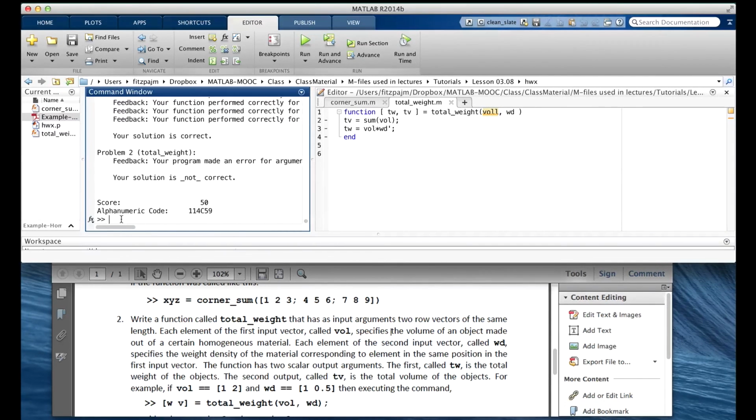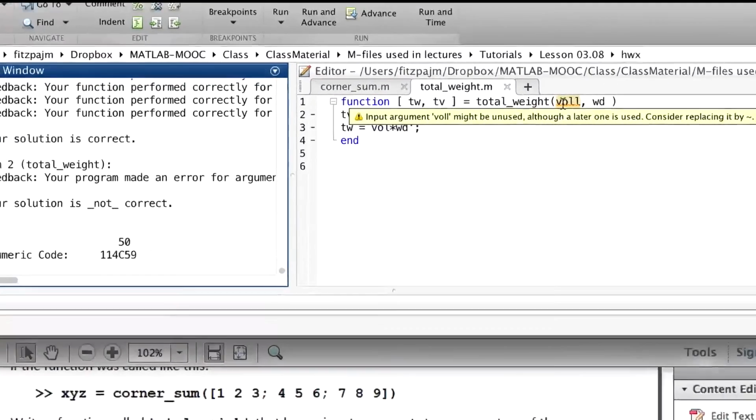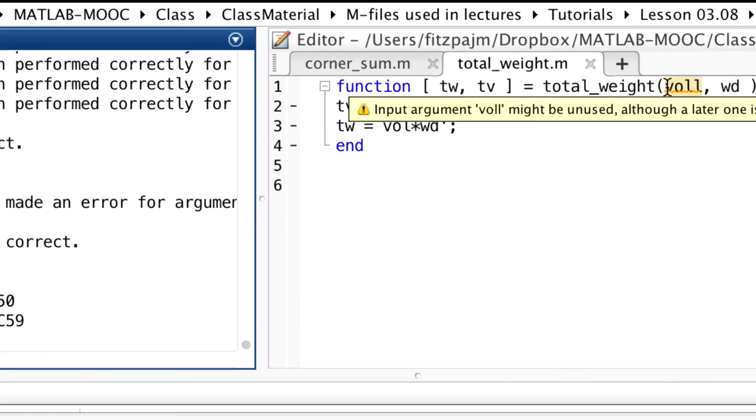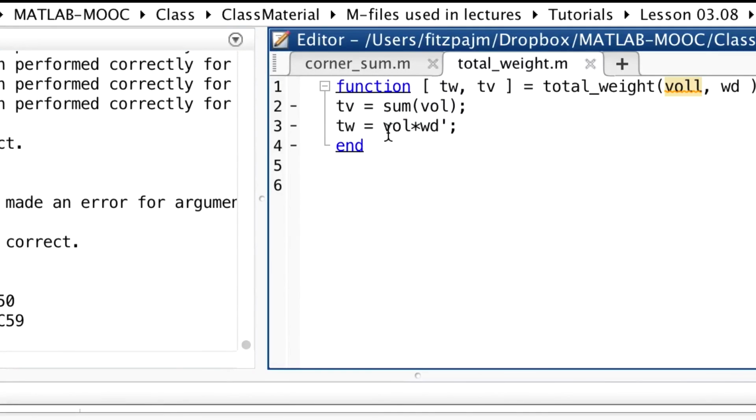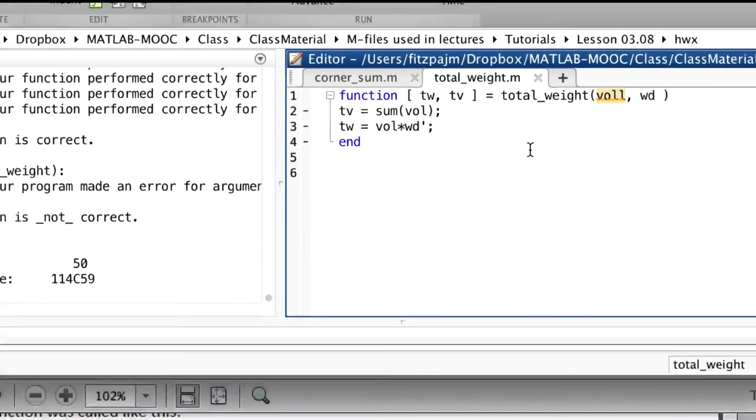It tells you what it was tried on, and you look at your code and you think, oh my gosh. MATLAB is giving you a hint right up here in the editor, which you might miss. This yellowish mustard color highlight with a little squiggle says input argument vol might be unused. Yeah, it's unused. It's VOLL, not used anywhere, just vol. So that should give you a hint.